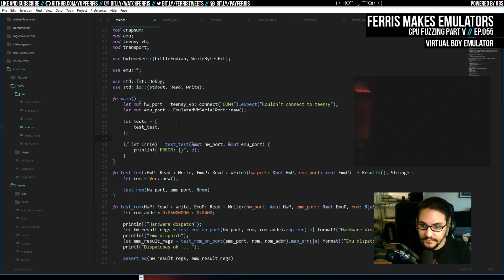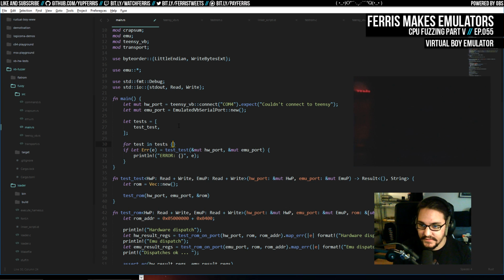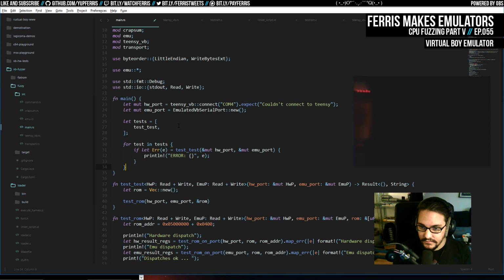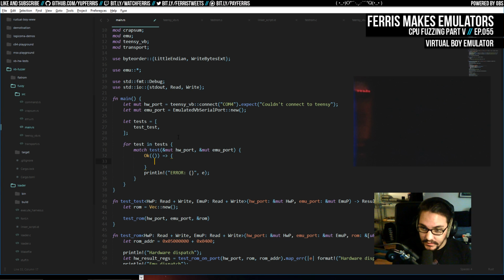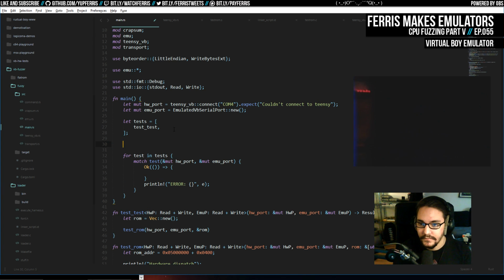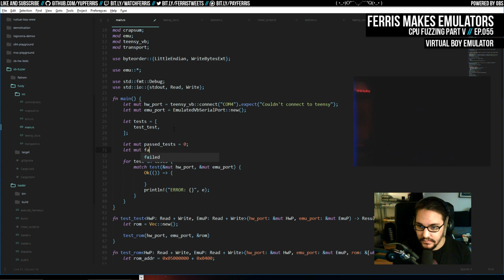And then for test in tests. And I think we can do test. And then here we want to do match here. Because if we get OK of this, we want to do a couple things. We're going to do let mut pass tests, let mut failed tests. And here we can do pass tests, increment that. Otherwise, if we get error,